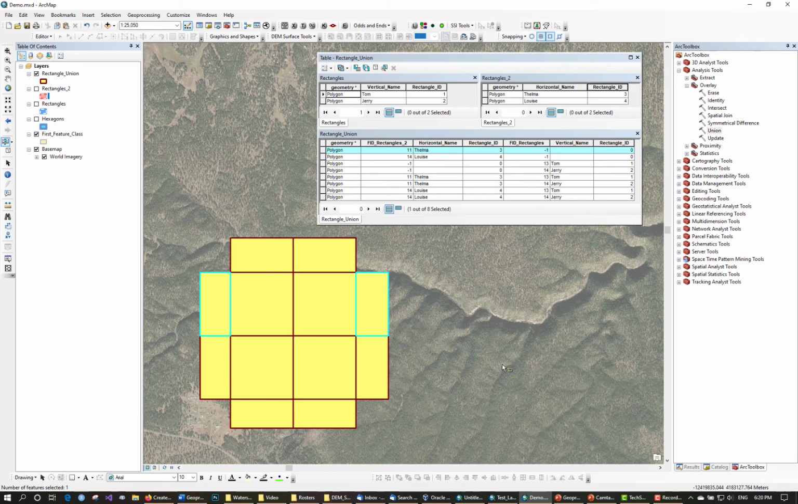Just the way the union tool works. And the interesting thing about this is that these, if you remember, are objects that only existed in one of the original feature classes. So if you click on one, you see that it has the Tom values from the original vertical Tom rectangle, but no value in the Louise, because that did not exist in